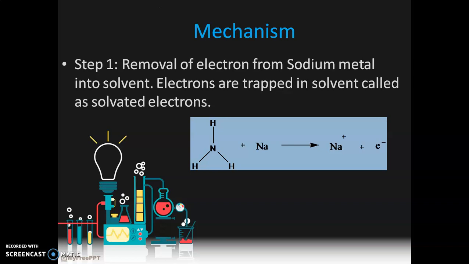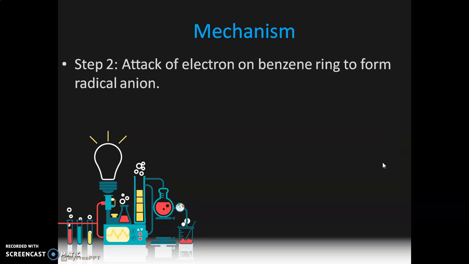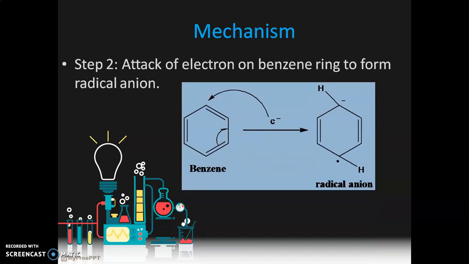Electrons get trapped in solvent, called solvated electrons. So sodium metal reacts with ammonia to give sodium ion plus electron. In step 2, there is attack of electron which is produced in step 1 on benzene ring to form a radical anion. So the electron which is produced in step 1 will attack on benzene ring to give radical